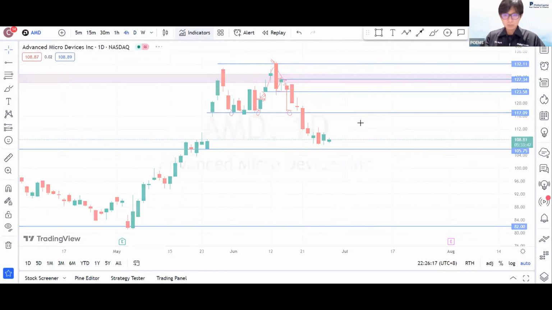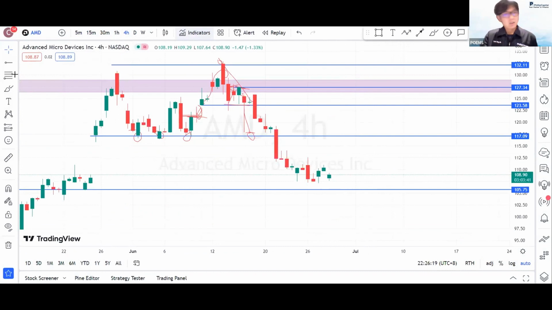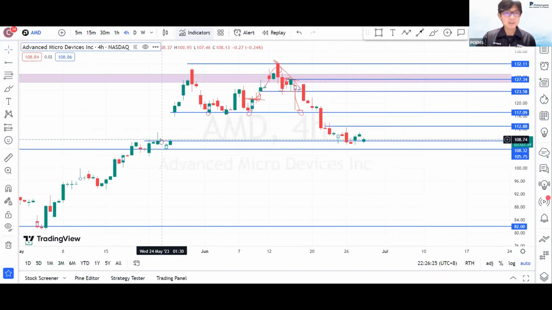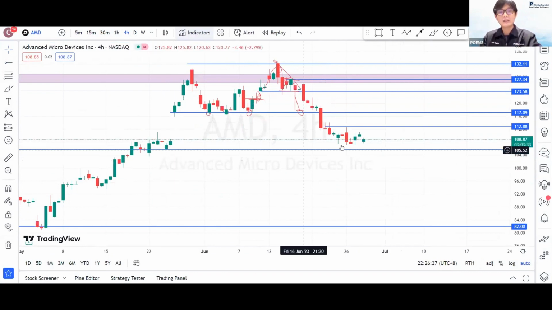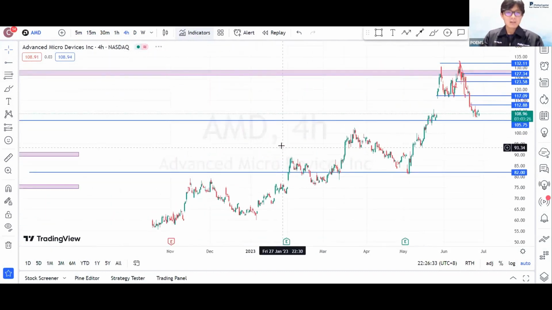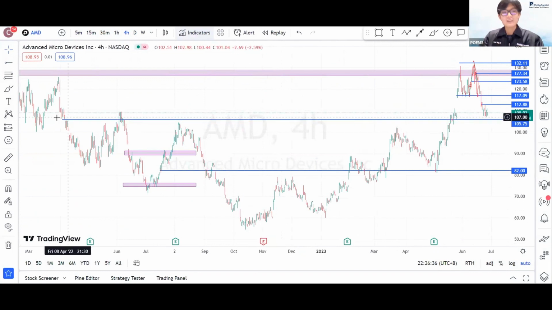Intraday itself, same thing. I just update a bit. You have a supply, you have a demand. Why is this guy a demand? It's basically coming off a daily level. This level here at 105.75 is basically a daily level. You might not know yet, but I know that when I drew this line, it used to be a supply.